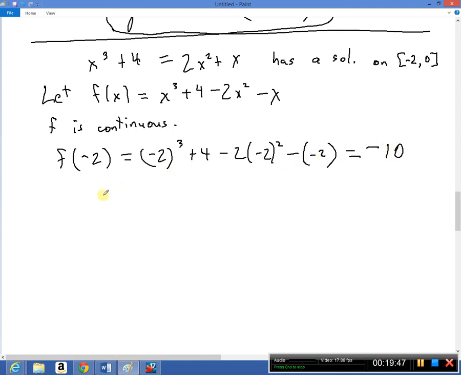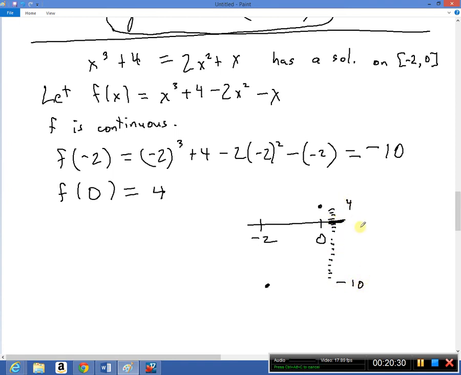You can do the arithmetic yourself. F of 0 is easier. You just put 0 in here, here, here, and the only thing that's left is 4. So here's the situation. You've got this function that goes from -2 to 0 on the x-axis, while the y values at -2 are down here at -10 and then 4 at 0. How can a continuous function go from -10 to 4? Well, it has to pass through every y value, every single y value in between -10 and 4,